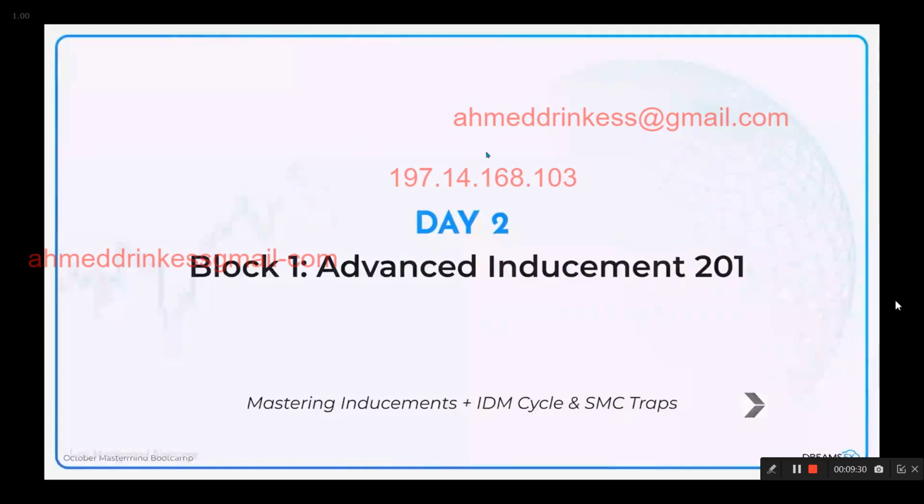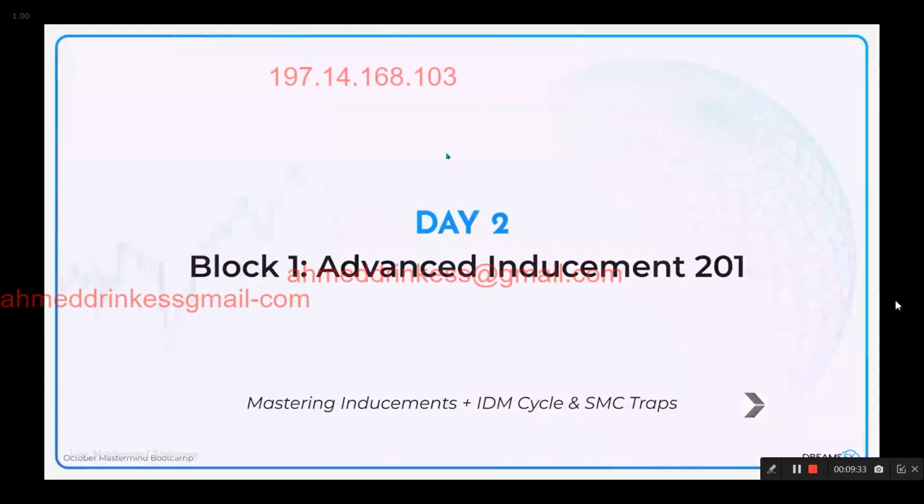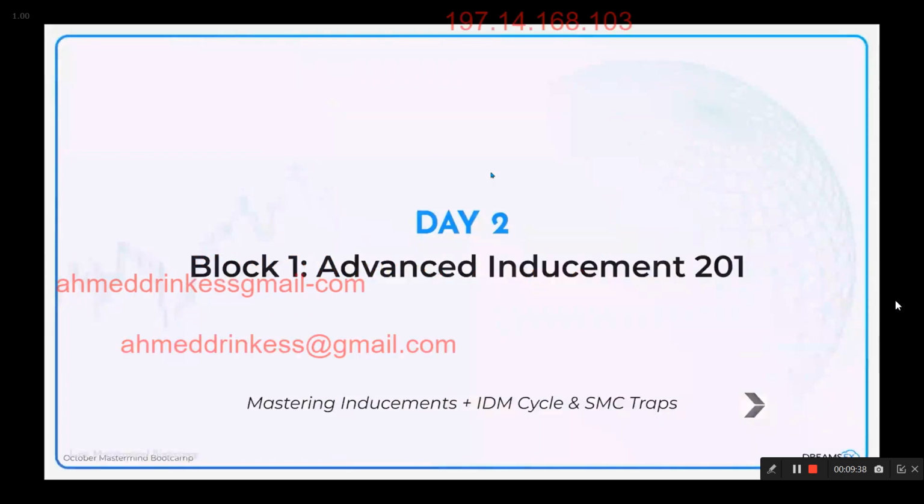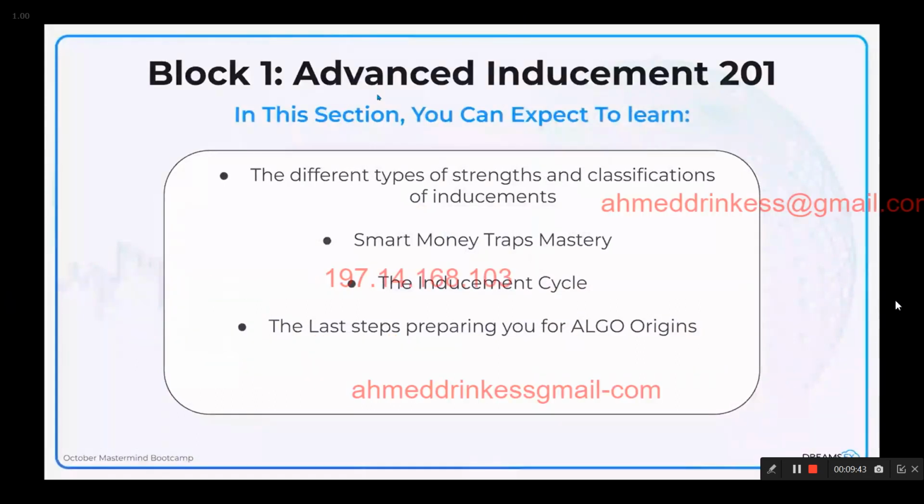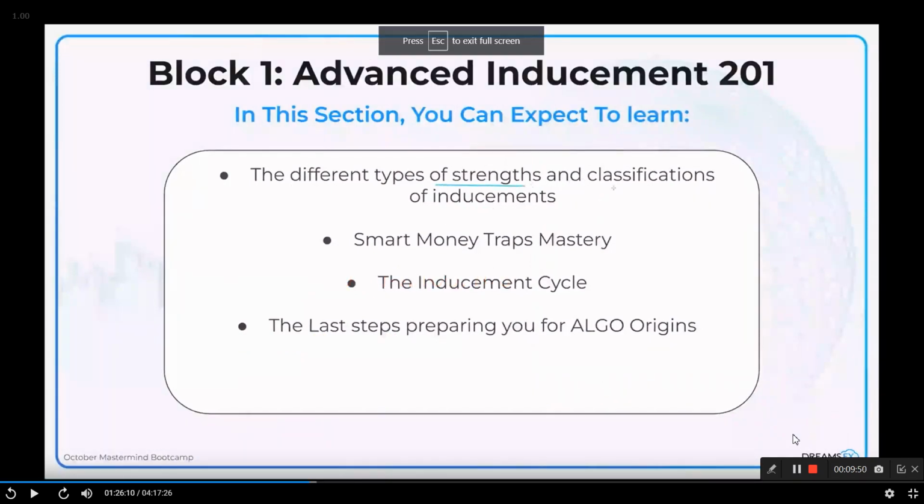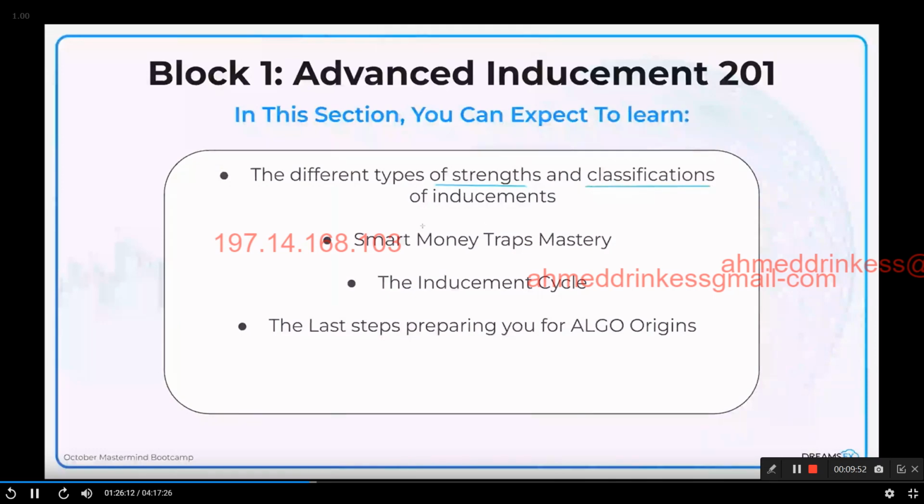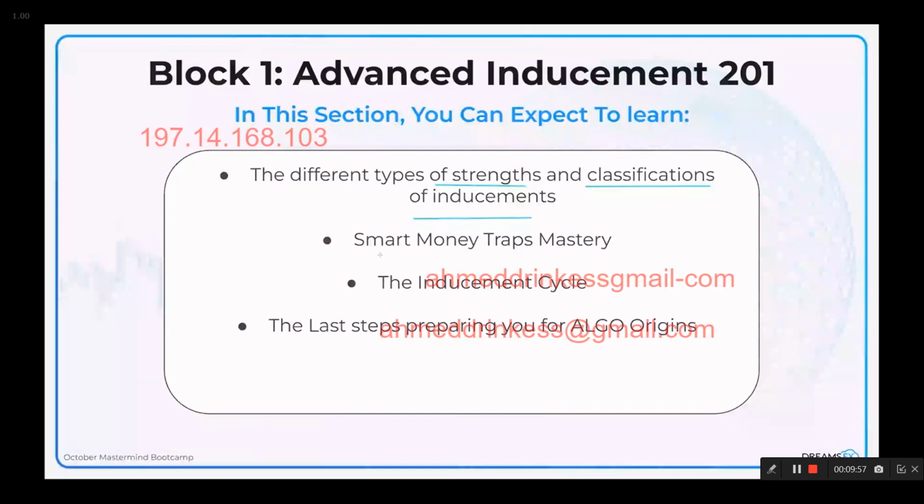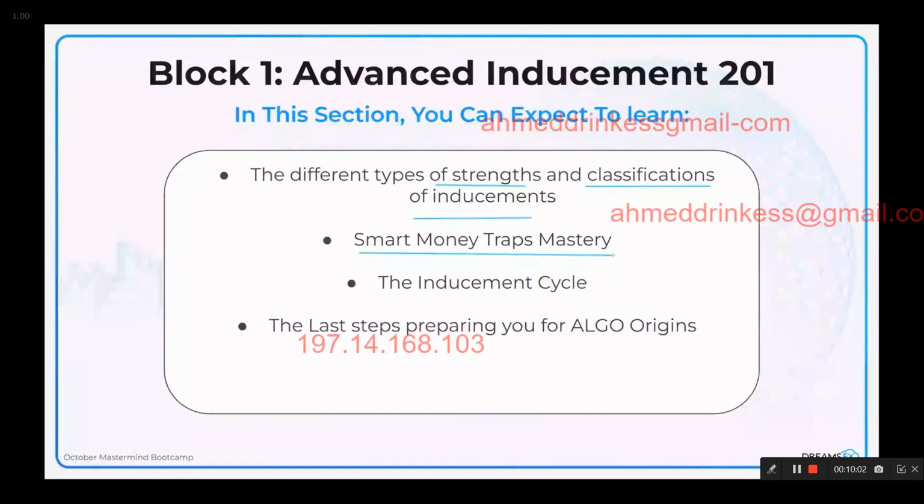So day 2, block 1: Mastering inducements, IDM cycle, and SMC traps, aka SMTs. In this section, you can expect to learn the different types, strengths, and classifications of all inducements, not type 1, type 2, type 3, different. You're going to be able to master smart money traps, and this is where things are really going to pick up very quickly,